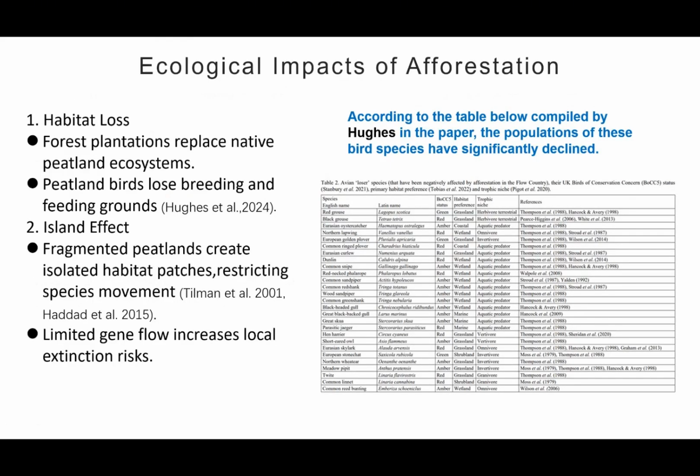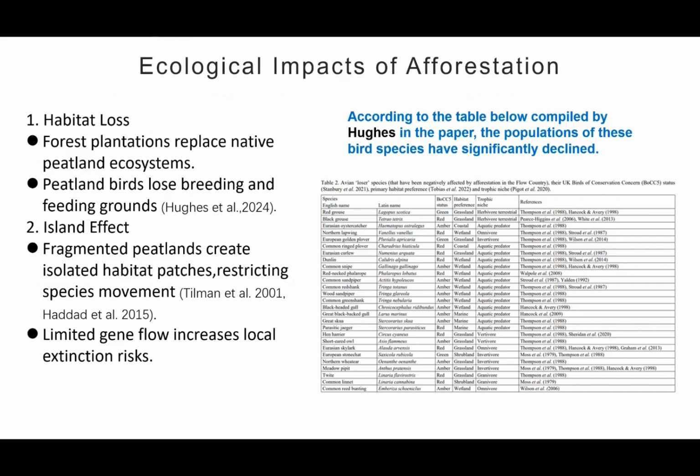And the ecological consequences. Afforestation has had several ecological impacts on native species, especially birds and other peatland-dependent wildlife. Habitat loss. Forest plantations replace native peatland ecosystems, reducing suitable breeding and feeding grounds for birds. As an effect, the fragmentation of open peatland creates isolated habitat patches, restricting species movement and limiting gene flow, which increases the risk of